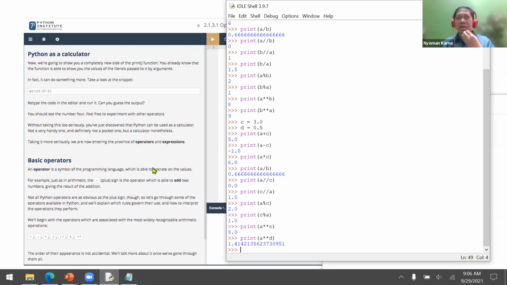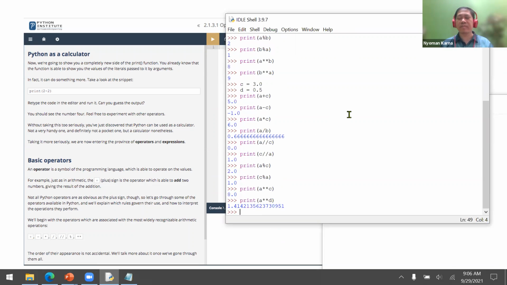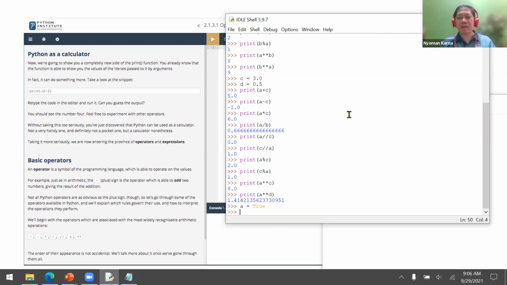Now, we already discussed the integer and also the float. How about the Boolean? Now, we're going to discuss the Boolean. Let's try A is true and B is false.